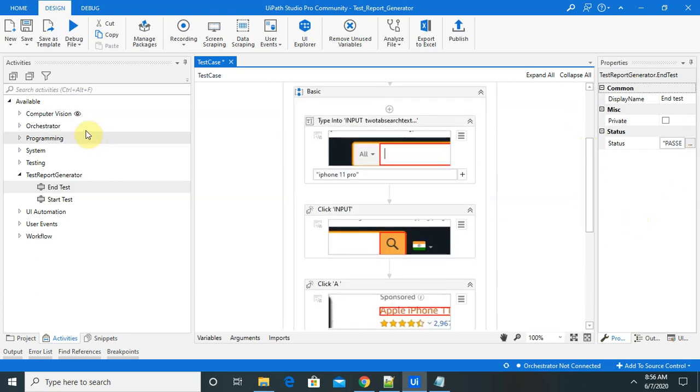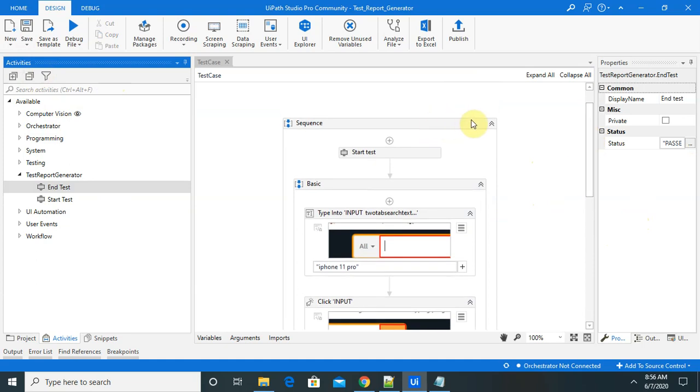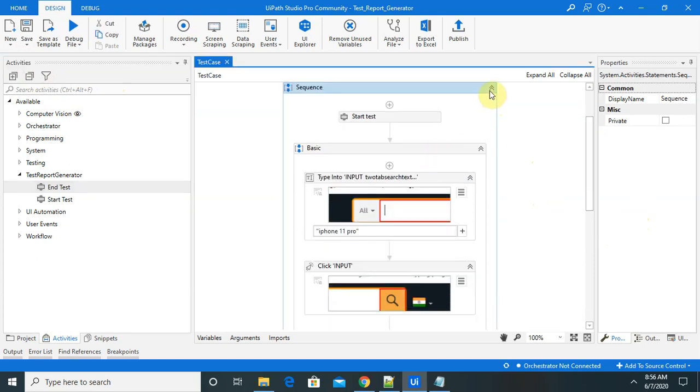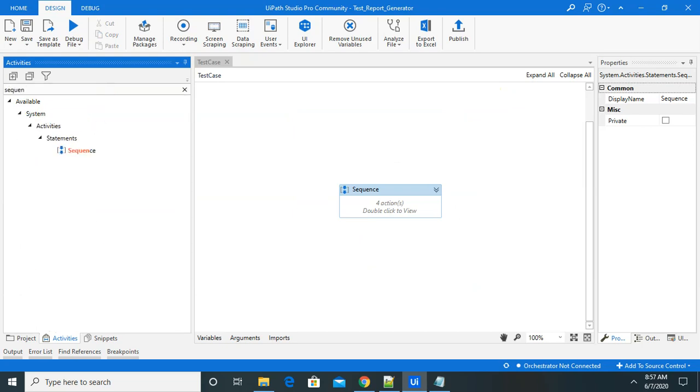So let me save this and run the graph here. If I add another activity next to this, I will do that in my sequence flow. So that activity will initiate or create the other test case. So just like that, I want one more sequence here, which will execute after this.